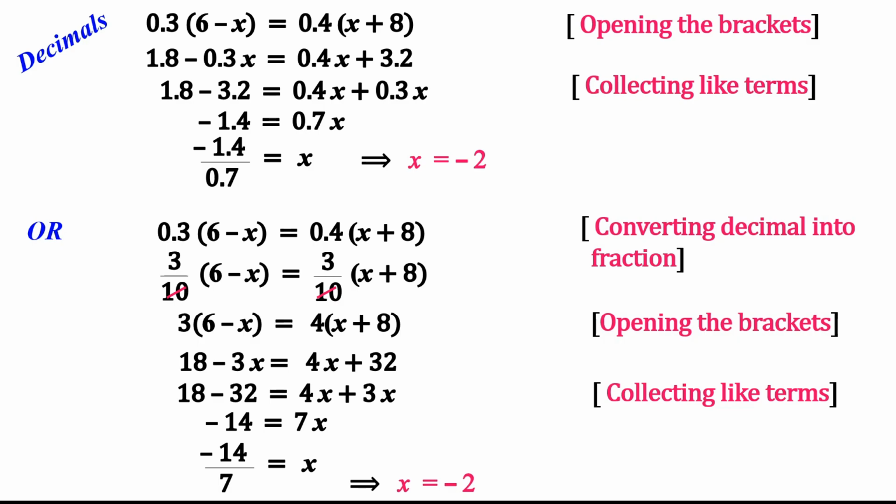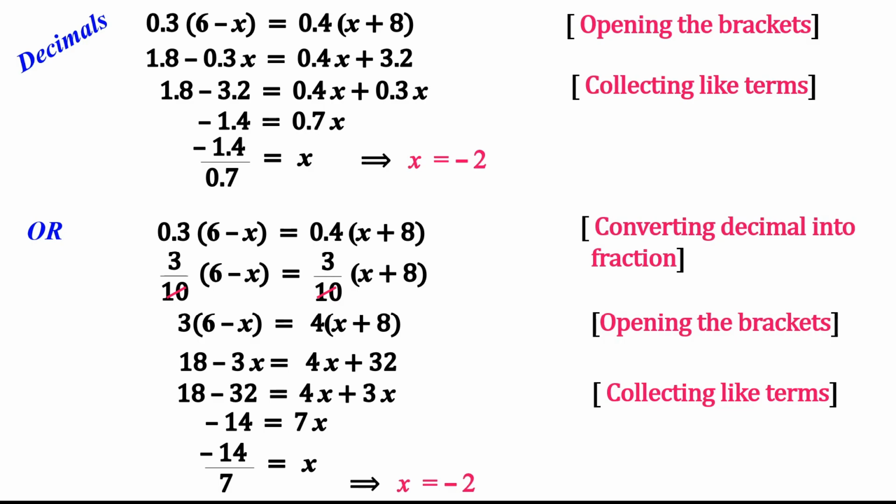You can convert the decimal into a fraction. Here, by chance, 10 was getting cancelled. If I have 10 and 100, then again you have to take the LCM and cancel a zero. We will see those questions whenever we come across them, and accordingly we will solve. But if you see a fraction on the left hand side and a fraction on the right hand side with the same denominator, then this is called the cancellation rule.